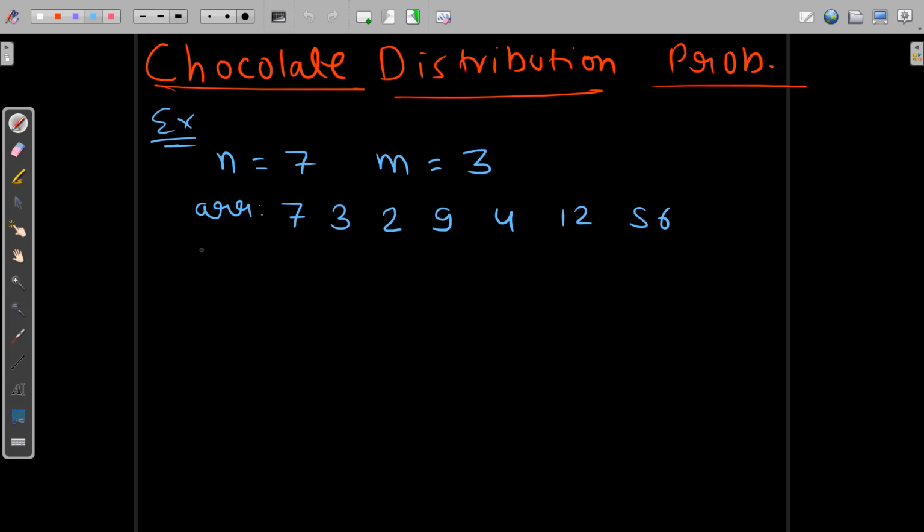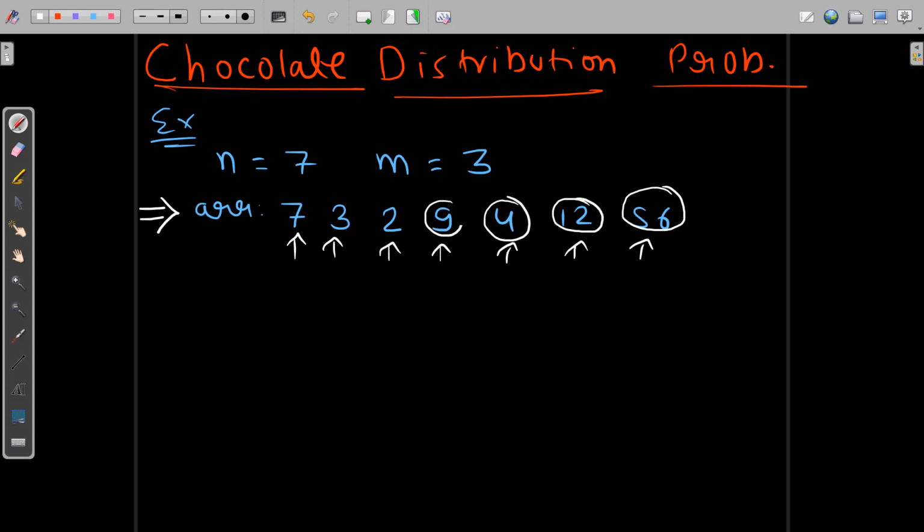In this problem we are given three things. But first we will look at the array only. Each element of this array represents a chocolate box. So in this array there are 7 chocolate boxes, and the value represents the number of chocolates present in that particular chocolate box.